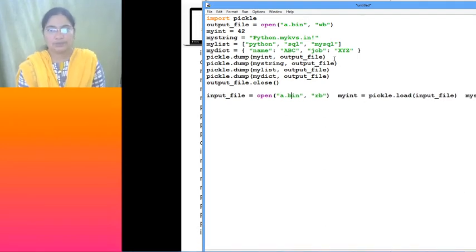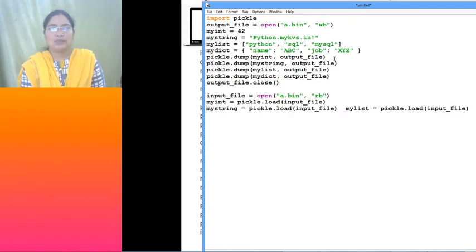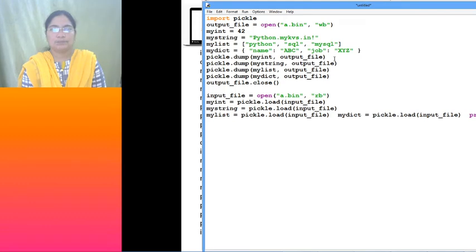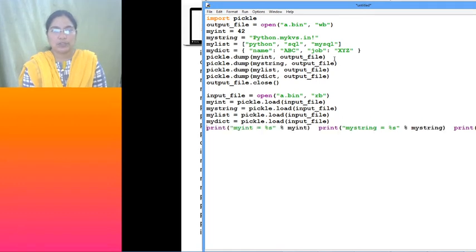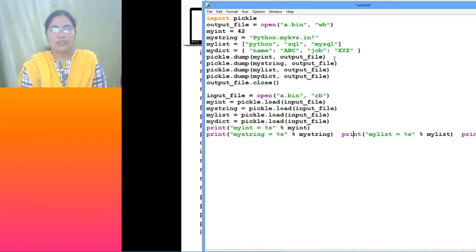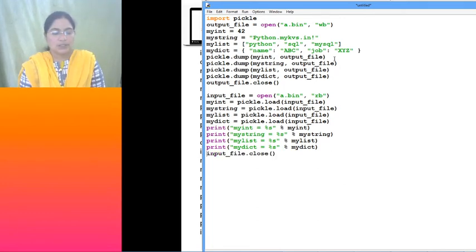Now let us retrieve. This can be any other name also, but to reduce the number of variables, because the scope of that variable is already finished and the usage time is over, you can reuse the same variables and take the values into them. Still they are in scope, in the sense they are accessible throughout this program. So instead of creating one more variable, we can use the same variables, or if you want you can use different variables. After our work is over, what are we supposed to do? Close that file. Now let us execute.